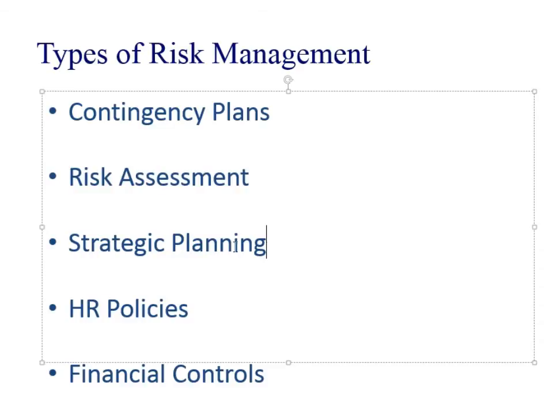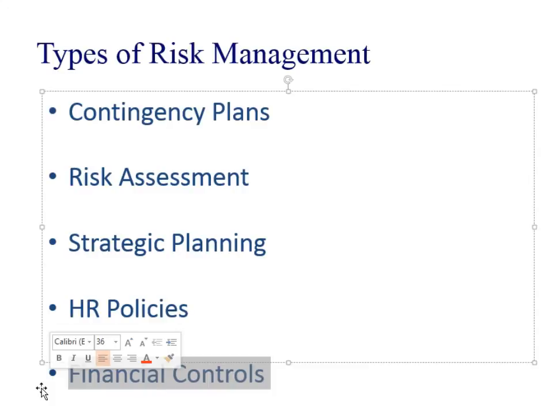Strategic planning as well. So doing SWOT analysis, to assess the threats and the opportunities, and maybe come up with a strategy to deal with those things. HR policies can reduce the risk of people misbehaving, misconduct, so that you get people to be aware of what's expected of them, to sign, and also so that you can maybe get rid of them when they break those policies. And then you might have financial controls as well, and this would be with things like budgets, so that you can't just go out and spend £1 million on a corporate credit card.